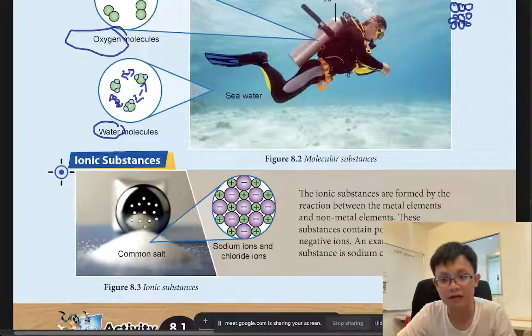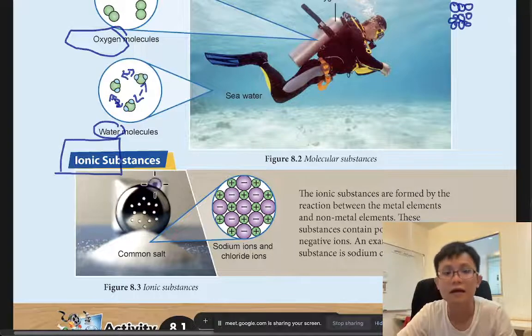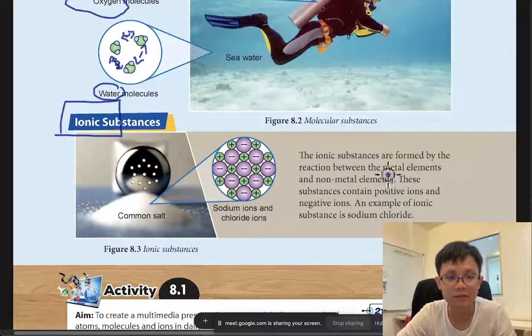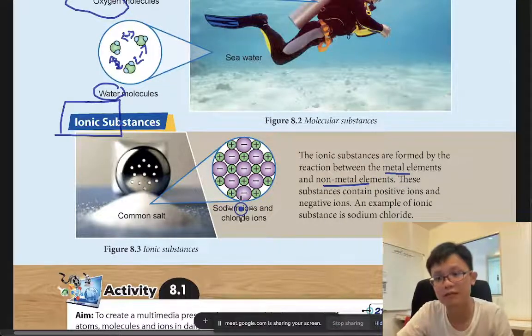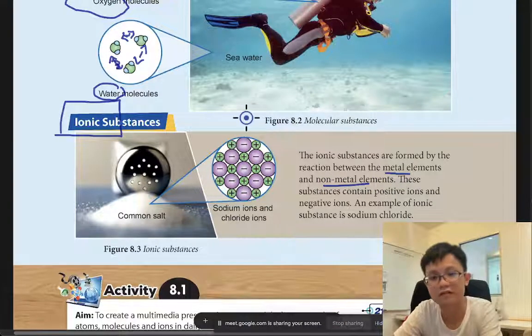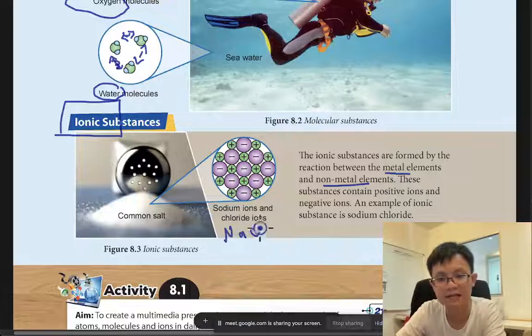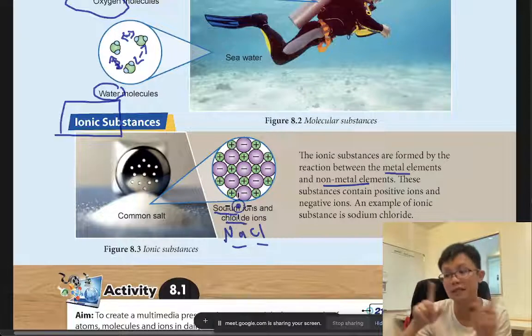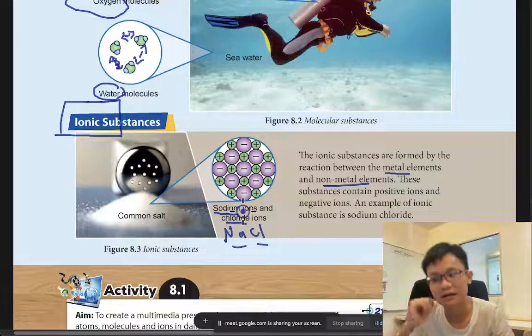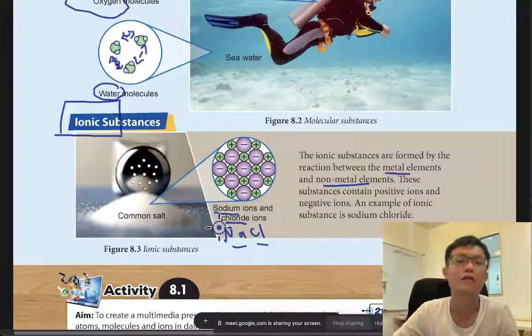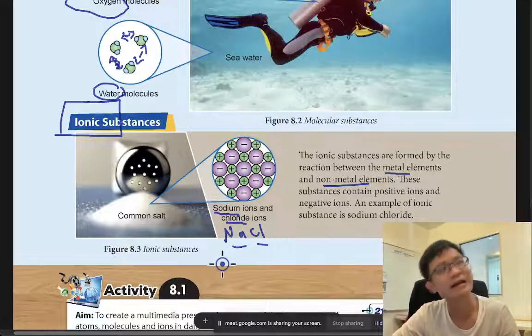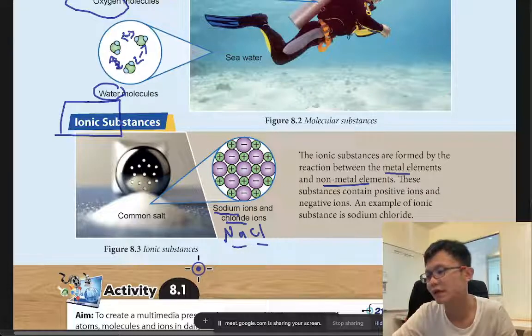And then we have ionic substances. What is ionic? Ionic means metal and non-metal. So you mix them. For example, the salt that you eat is NaCl, sodium chloride. So you can see sodium and chloride mixed. The salt that you eat in the supermarket and in the restaurant is called salt. Can I say that I'm eating metal? Please take the metal for me to eat. Can you please take the sodium chloride?